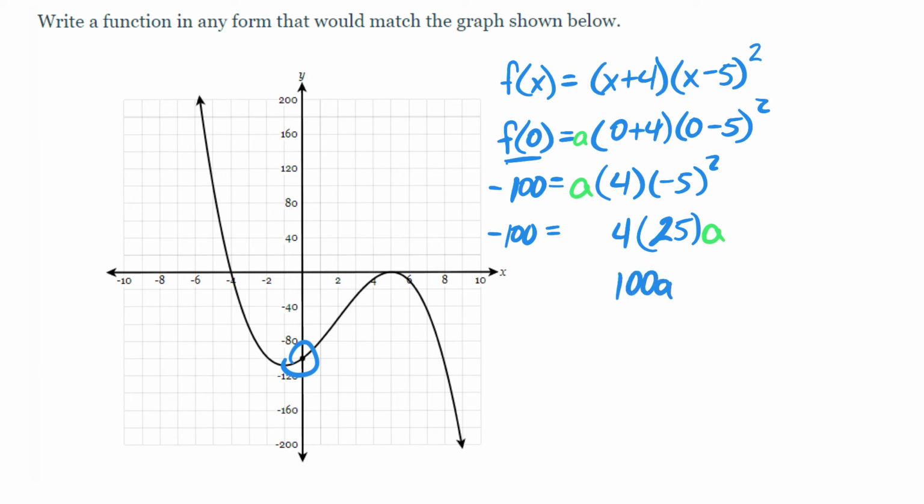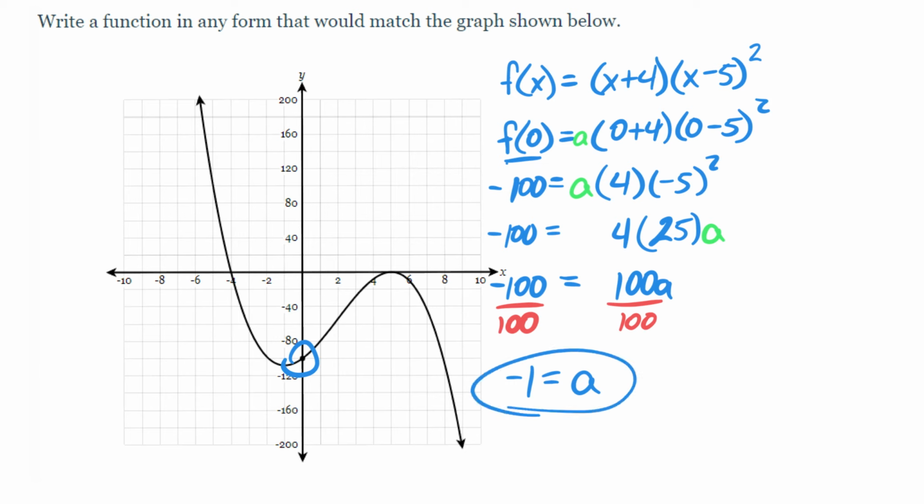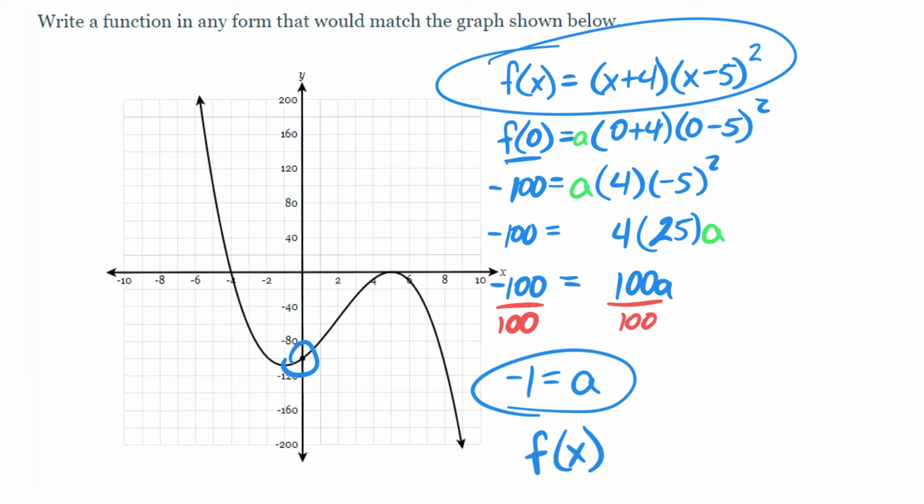This is equal to 100a when it's supposed to equal -100. Well, this is an easy fix. We divide by -100, excuse me, divided by +100 is -1. So all we need to do is now put this a value back in front of our equation that we found at the beginning, and that will regulate our formula to match. So this is -x plus 4 times x minus 5